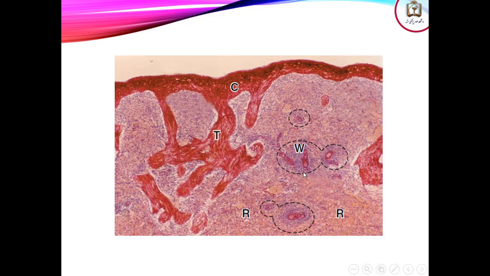Histologically, the spleen is divided into two: white and red pulps. Here is the white pulp, and here is the red pulp. The most part of the spleen is formed by red pulp, and remember that the sinusoids are located in the red pulp. The white pulp contains